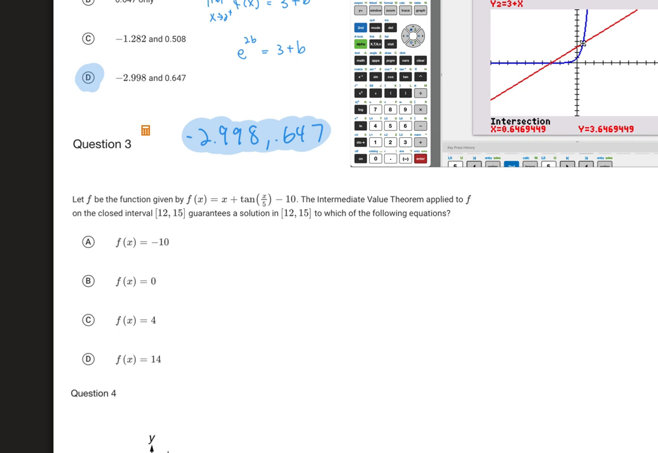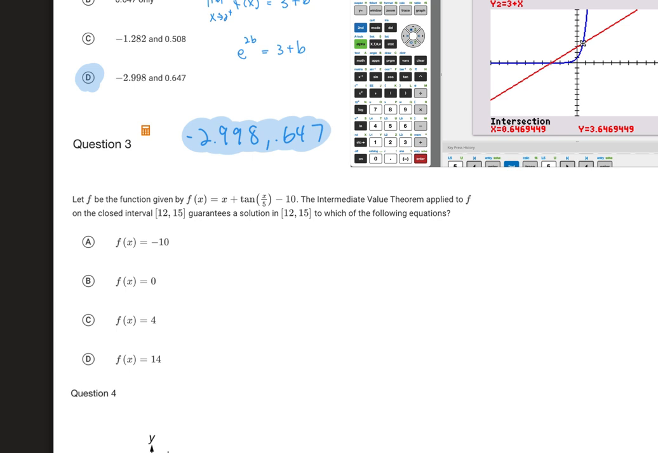Okay, so we have another calculator one. We'll need a calculator for this one for sure. Okay, so they say let f be the function given by f of x equals x plus tan x over 5 minus 10. So some kind of weird function that's got x and tan x in it. Okay, they say the intermediate value theorem applies to f on the closed interval from 12 to 15 inclusive